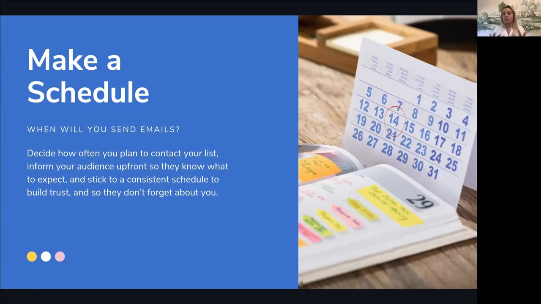That doesn't mean that other emails won't come up throughout the year that you might have to send, during other times that you didn't think of. But if you can mark out those emails that you know you're going to send every year and lay them out on your calendar, as well as with all your other marketing materials, you can really see when you need to start working on things, because emails do take a little bit of time to work on. You're going to need to come up with the copy, you're going to need to find images, and then if you use an email software, you're going to go in there and design what your email looks like too. So making a schedule can really help you make time and make sure you get it all done and stay on track with your goals.